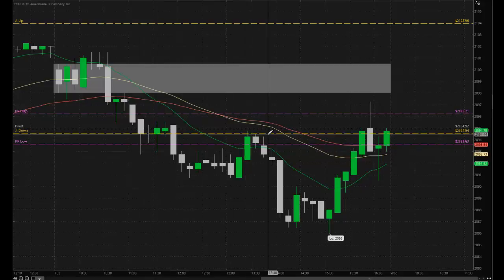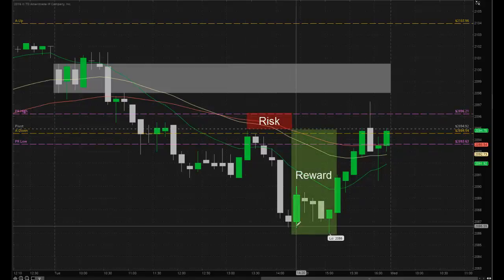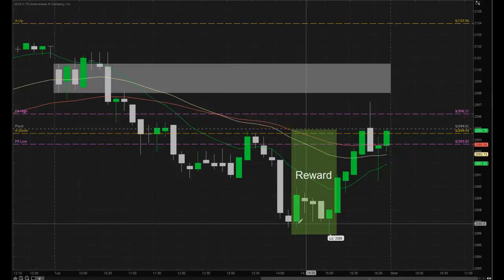Now, if you didn't get on through any of this, and you're puzzled and you're waiting, right here is your next opportunity to get on board. Again, you're going to realize that you got an A down, you've gone through the pivot, you got a bounce back, you're going to short here. Where's your stop? Top of the pivot range. Again, small risk trade here, big reward. And so this rolls over and it comes down here.